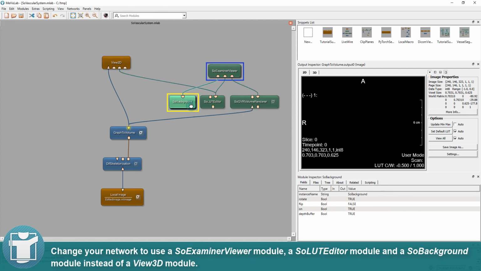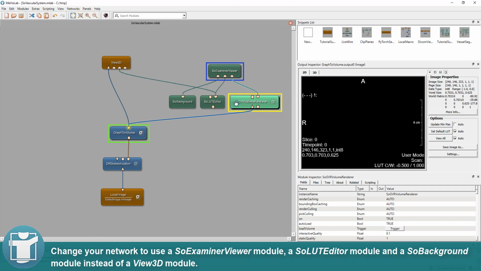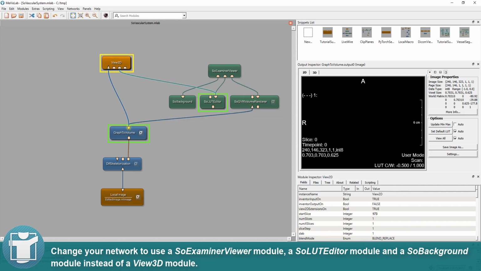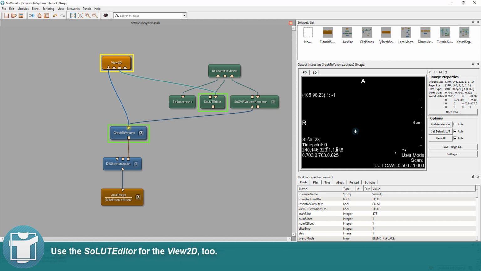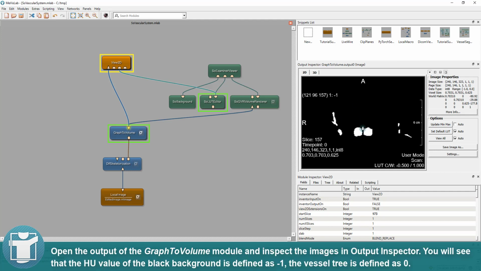Change your network to use a SoExaminer Viewer module, a SoLut Editor module and a SoBackground module instead of a View 3D module. Use the SoLut Editor for the View 2D. Open the output of the Graph to Volume module and inspect the images in Output Inspector. You will see that the HU value of the black background is defined as -1, the vessel tree is defined